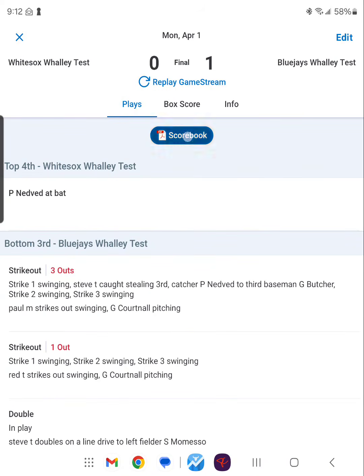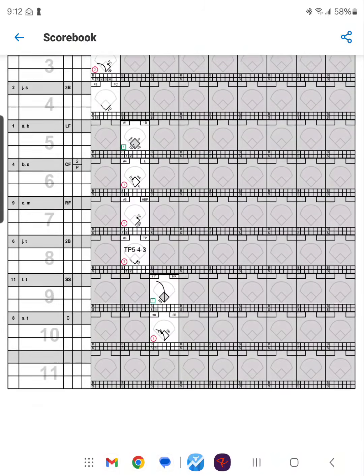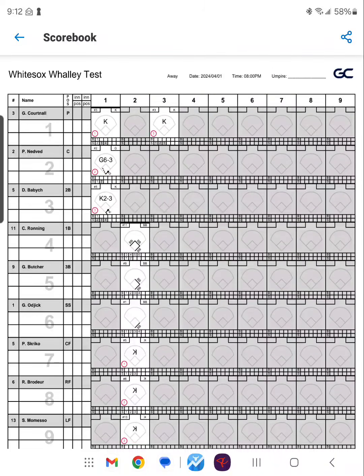So at the end of the game, basically the most important thing is you're going to go to plays. And then there's your scorebook. And there you have it. It looks just like your regular scorebook that we do on paper. And then you're going to want to share it